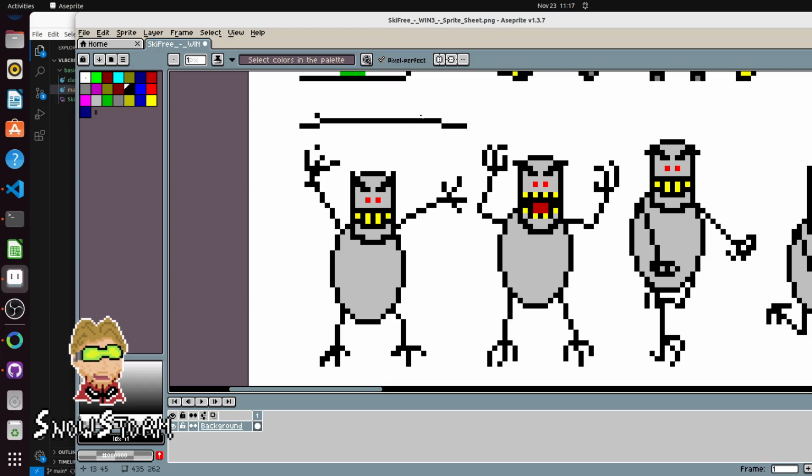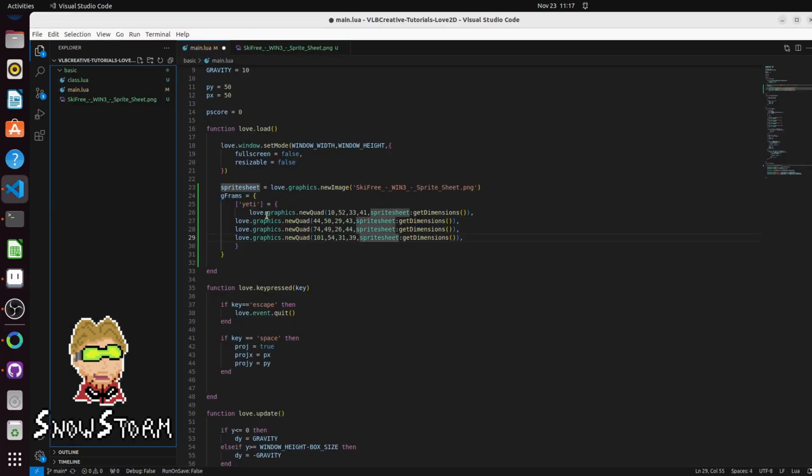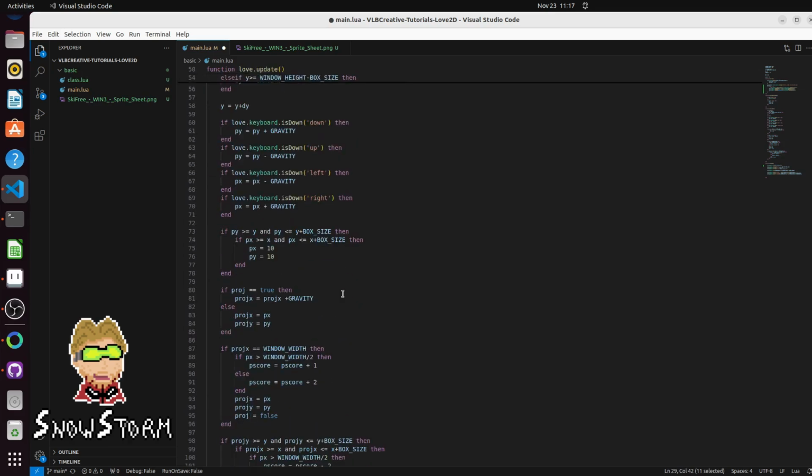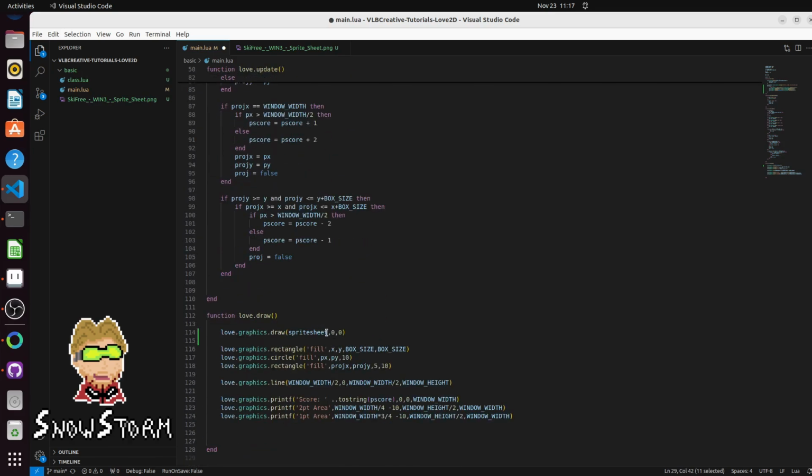And so what I did is I just measured the distance between this X value here and then the width. And then I did the same thing for the height for these 4 images. And once I got all of those, I just inputted them into each of these quads. And so now if I go to my LÖVE.draw and I essentially refer to one of those quads,